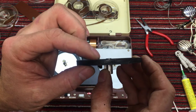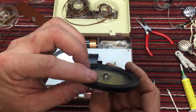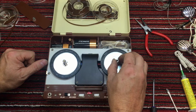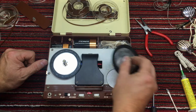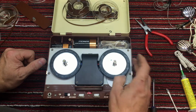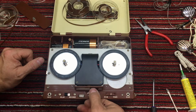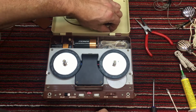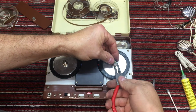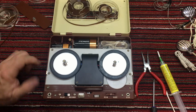A little bit of a lump right there. Glue is starting to let go. It doesn't hold on to this rubber very well, but I really just wanted to test the transport system. And so I put grease on it and a little bit of oil, and the rewind is a